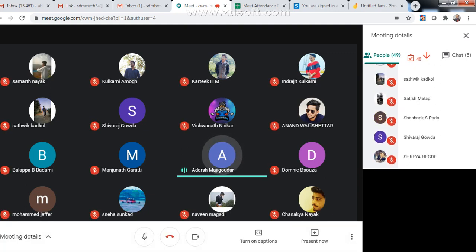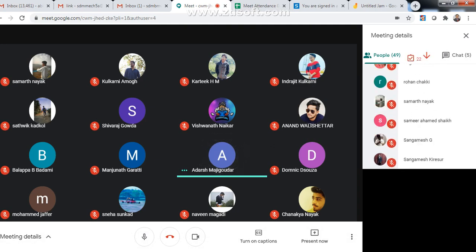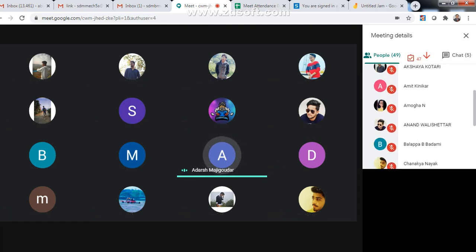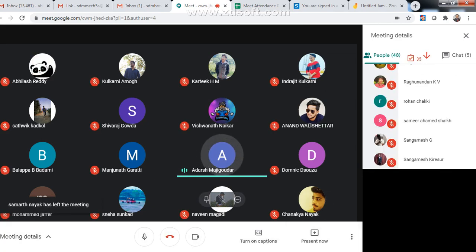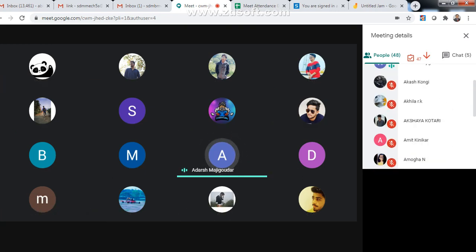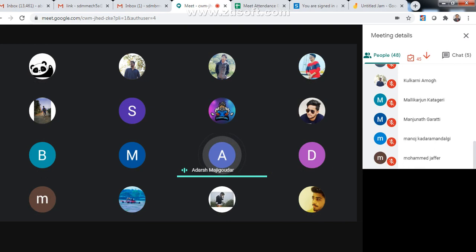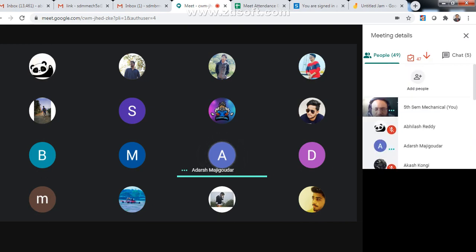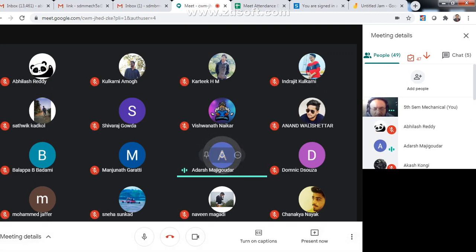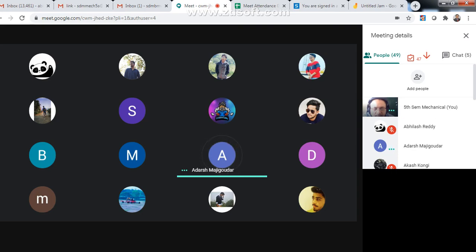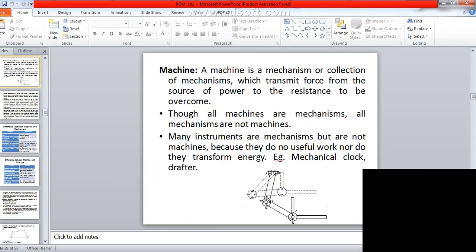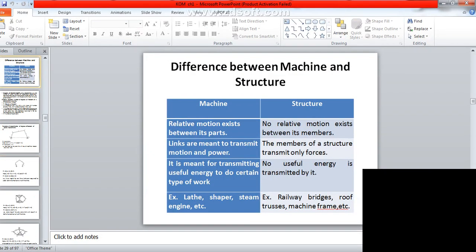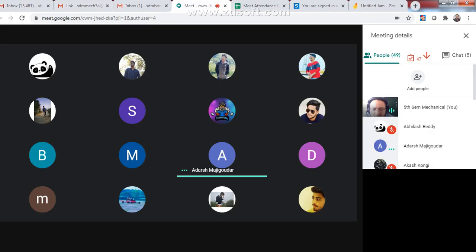Then we moved on to types of kinematic pairs, based on the nature of contact between elements and based on relative motion between pairing elements, and in that again there are different types. Last class we moved to constrained motions, and again in that three types. Then we moved on to kinematic analysis and kinematic synthesis, then mechanism, then unconstrained kinematic chain, and then the difference between a machine and a mechanism. Up to that we have gone. Okay, so let us go further.